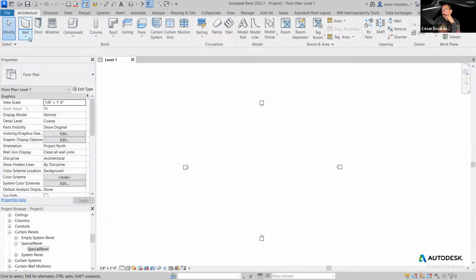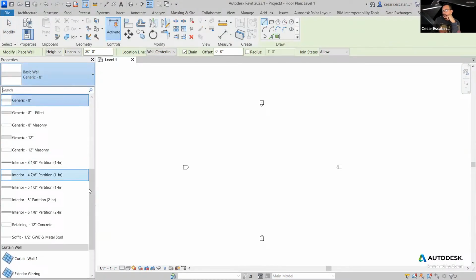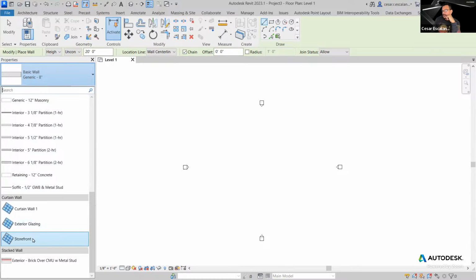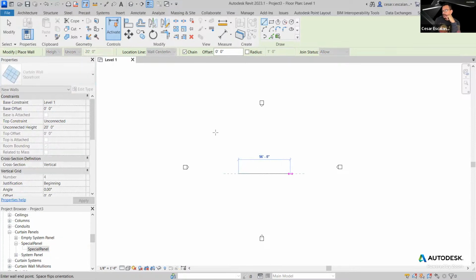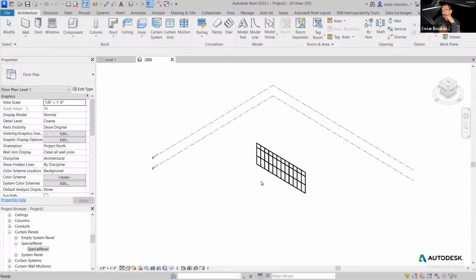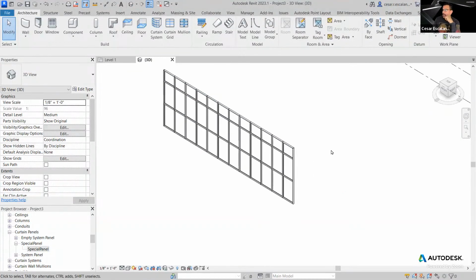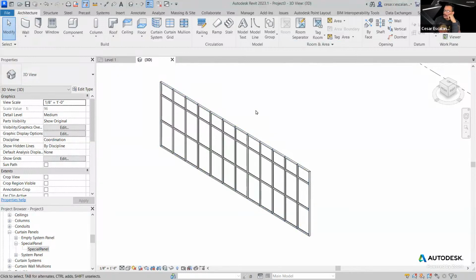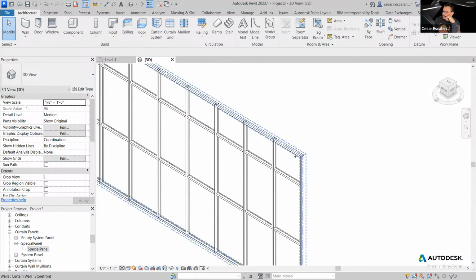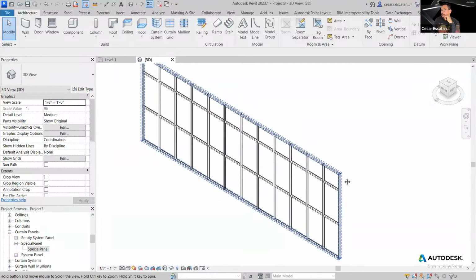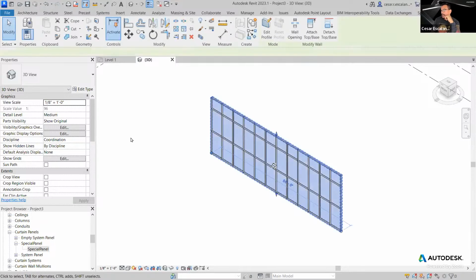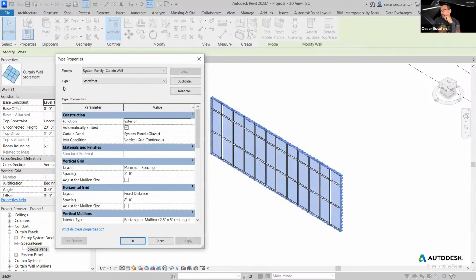And now let's create a curtain wall. So I'm going to do architectural curtain wall. And I'm going to use this storefront method. I see it in 3D here. And now I wanted the vertical ones. I don't want to have these extra panels, residual panels. So in order to do that, I need to change in the properties of this curtain